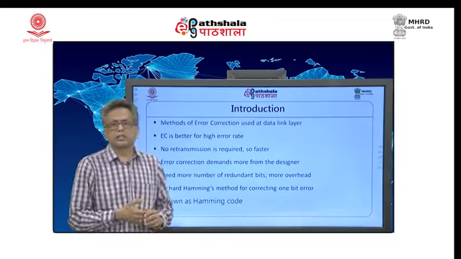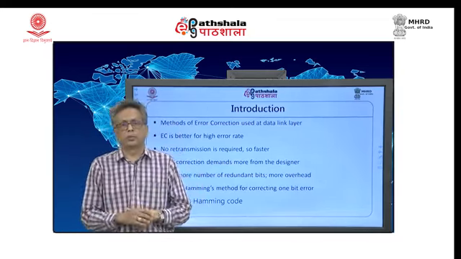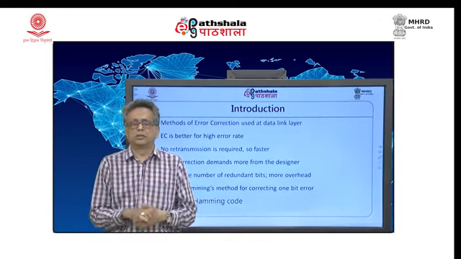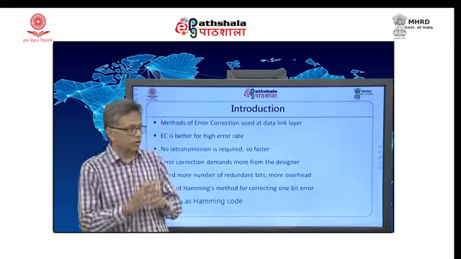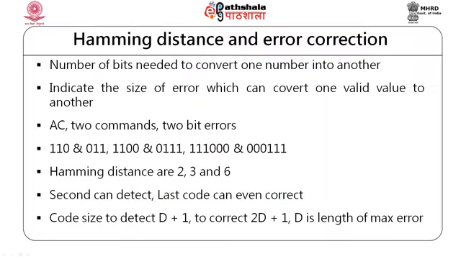A scientist called Richard Hamming worked on it, solved this problem and provided a method which is popularly known by his own name, Hamming's method. So, we will be discussing that as well. Before we begin talking about error correction further, let us trace a very critical point called Hamming distance.